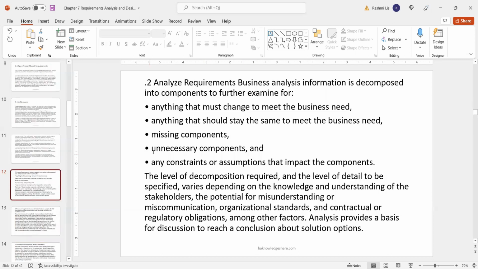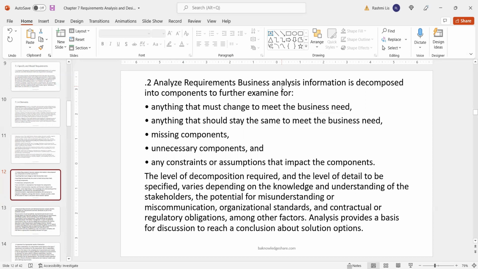The next element in this task is to analyze requirements. Business analysis information is decomposed into components to further examine for anything that must change to meet the business need, anything that should stay the same to meet the business need, missing components, unnecessary components, and any constraints or assumptions